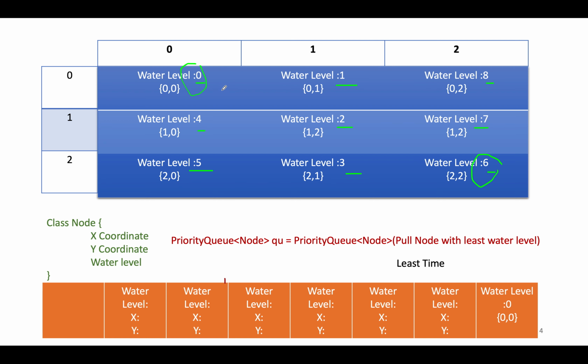Let's hypothetically assume that he chooses this path. How much time would have elapsed in order to reach this node? 6, the maximum across this path. So this would be 6. In case he chooses a different path, something on this line, what would be the maximum time elapsed in order to reach the last node? That would be 8, the maximum across this path.